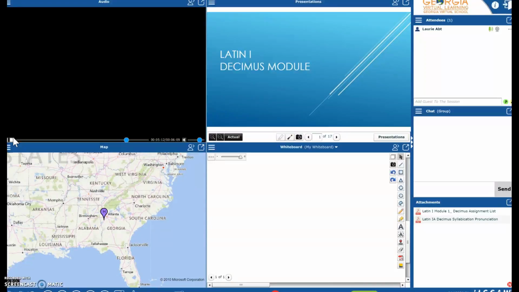AE makes the sound I, as in isle. An example of that would be feminae. AU makes an ow sound, as in ouch. An example of that would be laudo. EI makes a sound